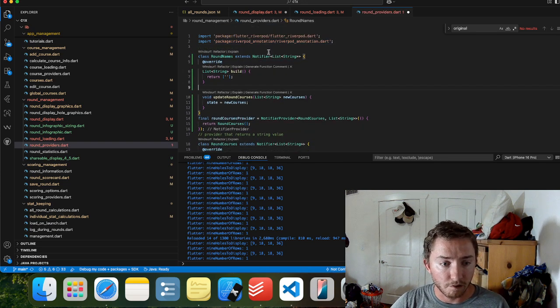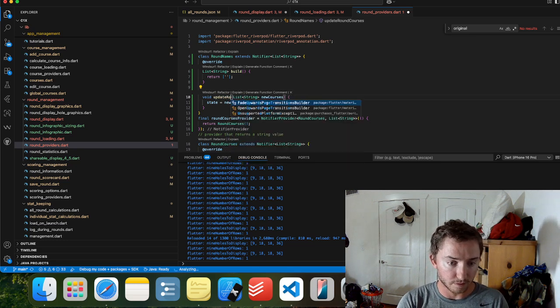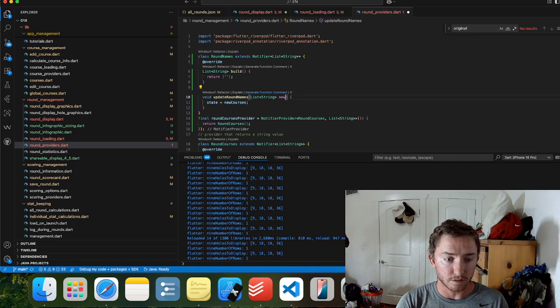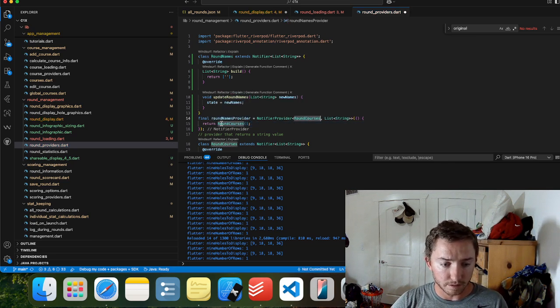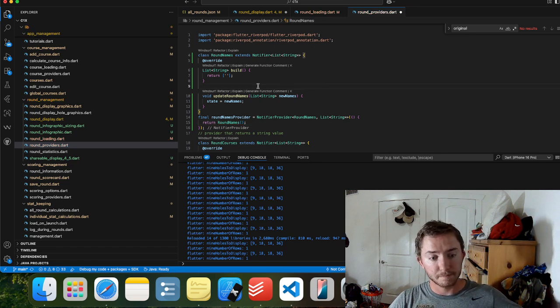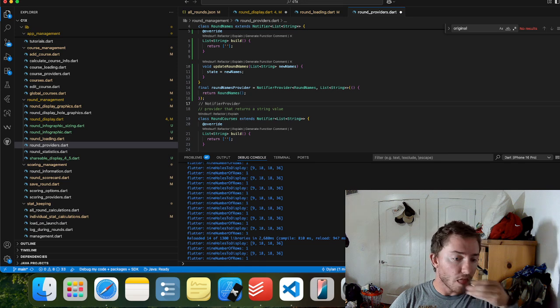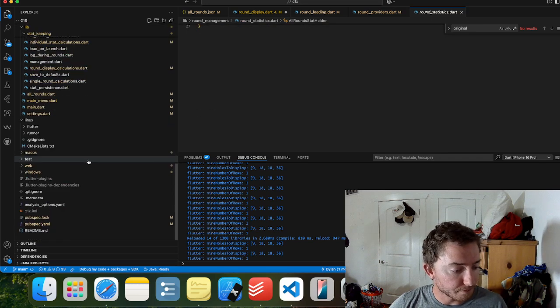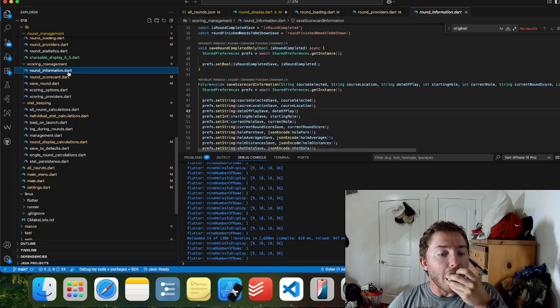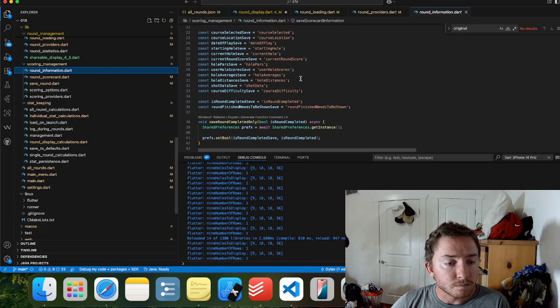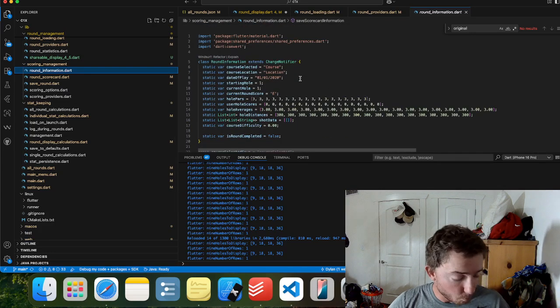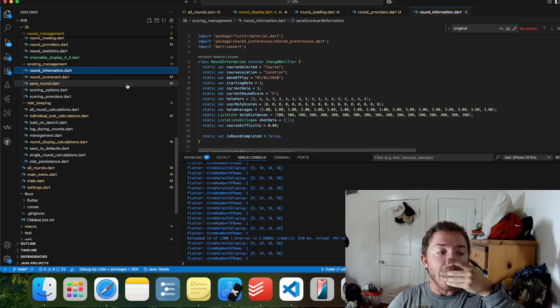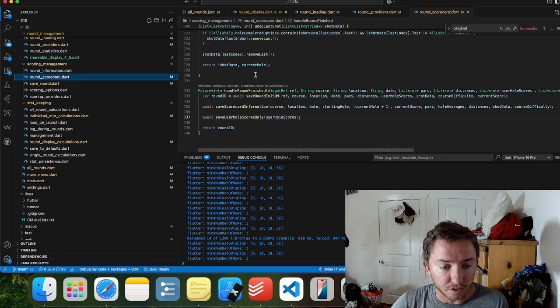Round names, list strings, build, update, round names, new names, and then round names provider, round names, round names. There we go. All right, and now